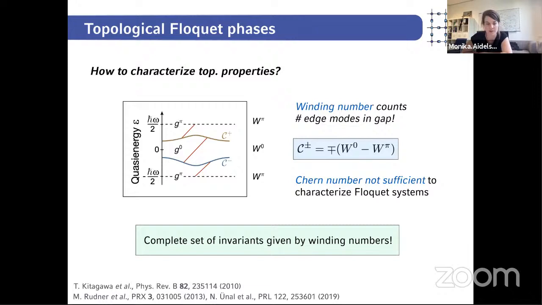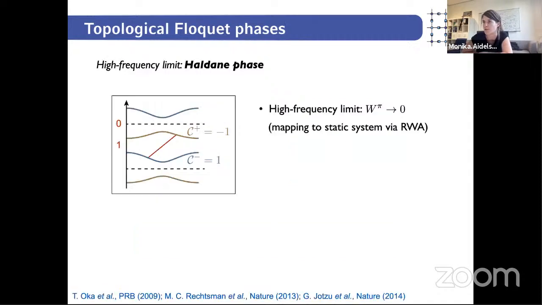Okay, the question is how we can get information about those without having to look at edge modes directly, which is something that's not very easy to do in our type of experiments. And the way this can be done is making use of the bulk geometric properties again, because this is what we know how to measure. We can measure geometric phases or Berry curvatures, for instance, and if we can track those and how they change, we know how the topological properties change. So the idea is to start in a well-known limit, which is typically the high frequency